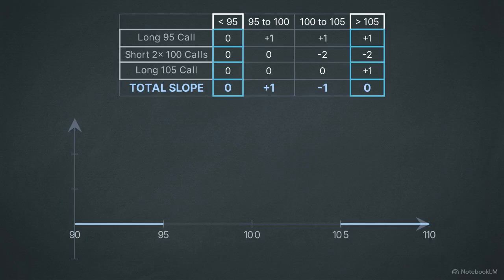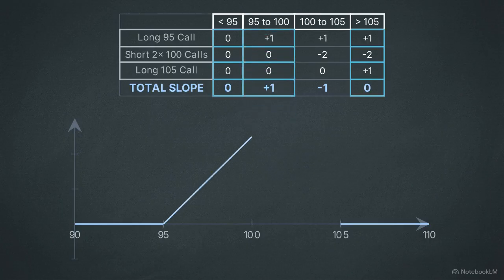Now for the inner intervals. Between 95 and 100, only the first call is active, creating a slope of +1. Between 100 and 105, the two short calls activate. Their combined slope of -2 is added to the previous +1, resulting in a net slope of -1. Notice the